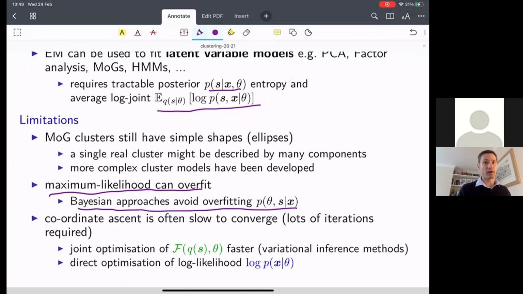And there are other workarounds, like we talked about in the last video. One important limitation of the mixture of Gaussians model is that it really assumes the clusters have simple shapes. Essentially, they are elliptical, coming from the contours of the Gaussians, which describe each cluster. And that means in practice that a single real cluster might be described by many components in your mixture of